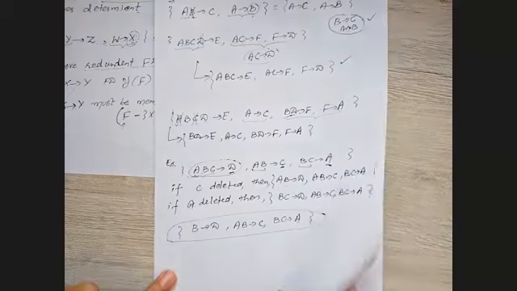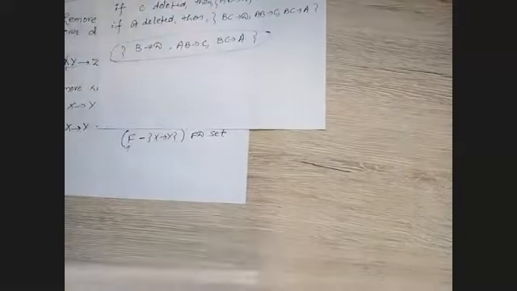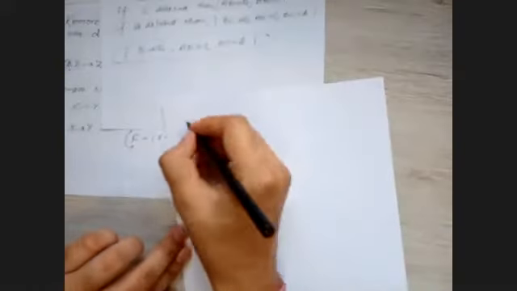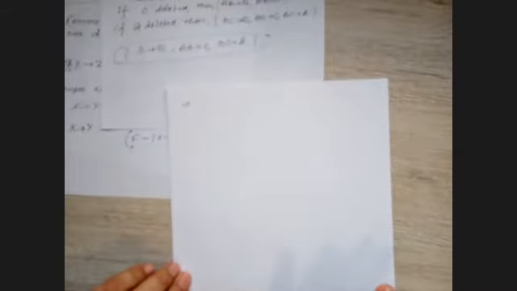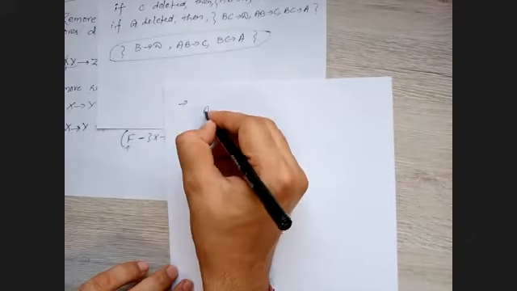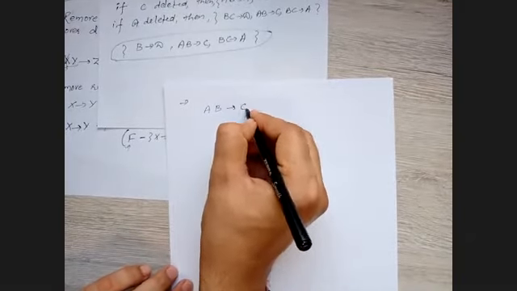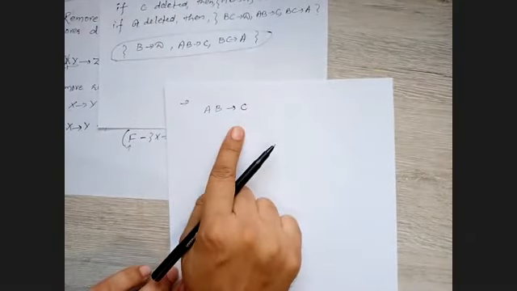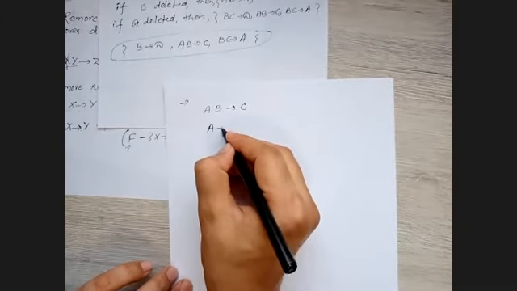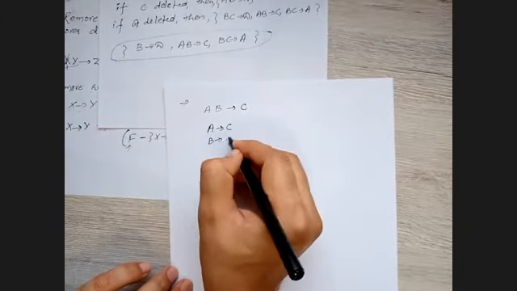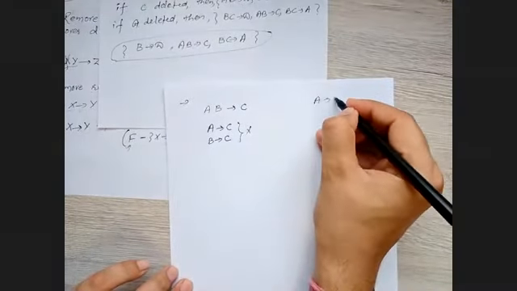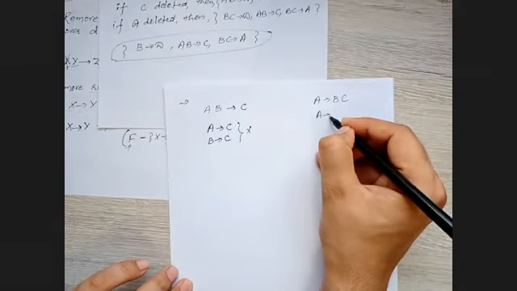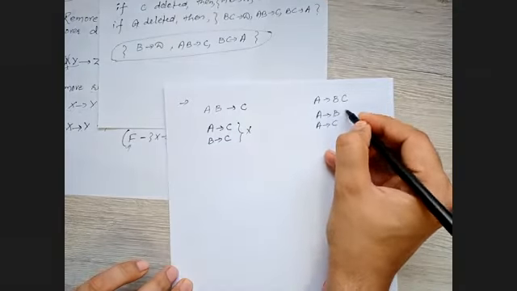Understand now the question that you are asking. Why is this thing wrong over here? The split rule, the decomposition rule, always violates this scenario. What I mean to say is, for example, if I say AB determines C, I cannot say that A determines C and B determines C. This is wrong. But if I say A determines BC, I can say that A can determine B as well as A can determine C. This is correct.